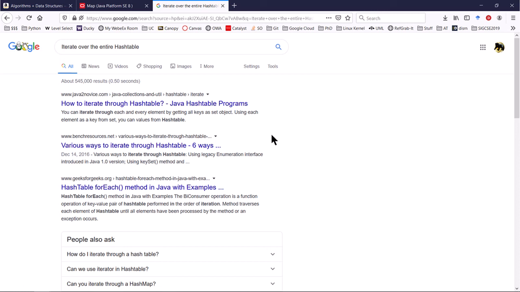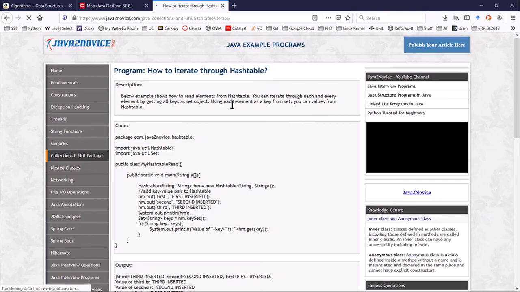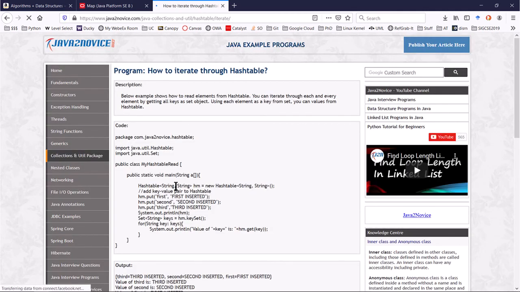The very first hit is called How to Iterate Through HashTable. It's a site called Java 2 Novice. I don't know anything about that site. I will click on the link because it looks reasonable and Google thinks it's important. I assume it's not going to attack me. And I could read through this. If I'm in a hurry,